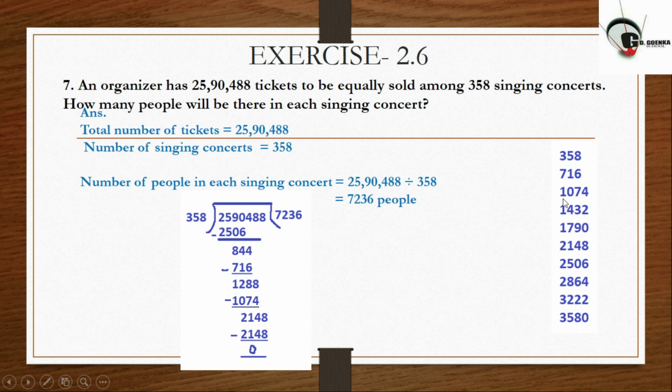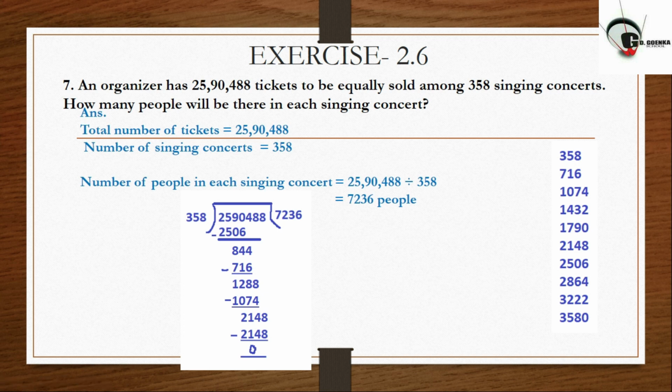2148, where will it come: ones, tens, hundreds, thousands, ten thousands, lakh. So where will it come? 1, 2, 3, 4, 5, at fifth place. So where will it come? 1, 2, 3, third place. So where will it come? 1, 2, 3, 4, 5, 6, sixth place, to 2400 and 2148. I hope children you have got this method.